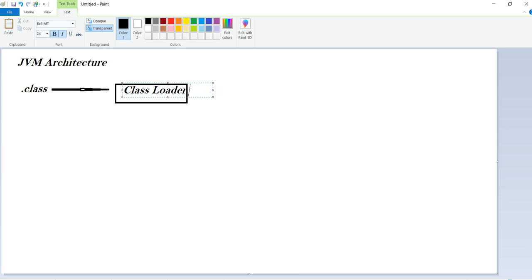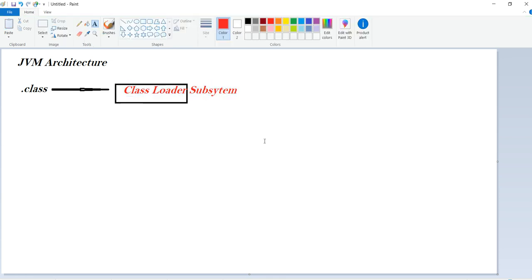Whatever classes we have in our program, like my first class, my second class, whatever classes we created, the class loader handles them.